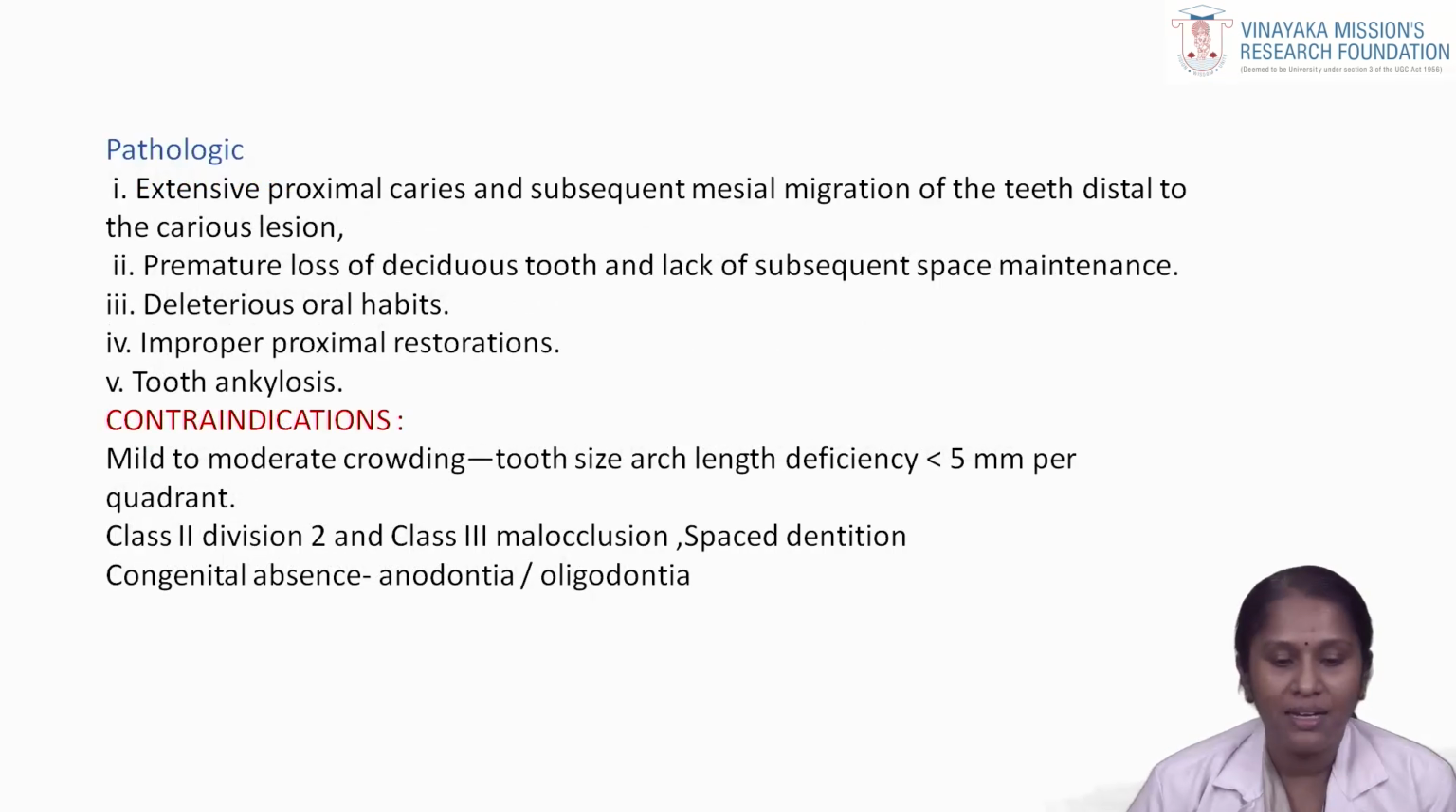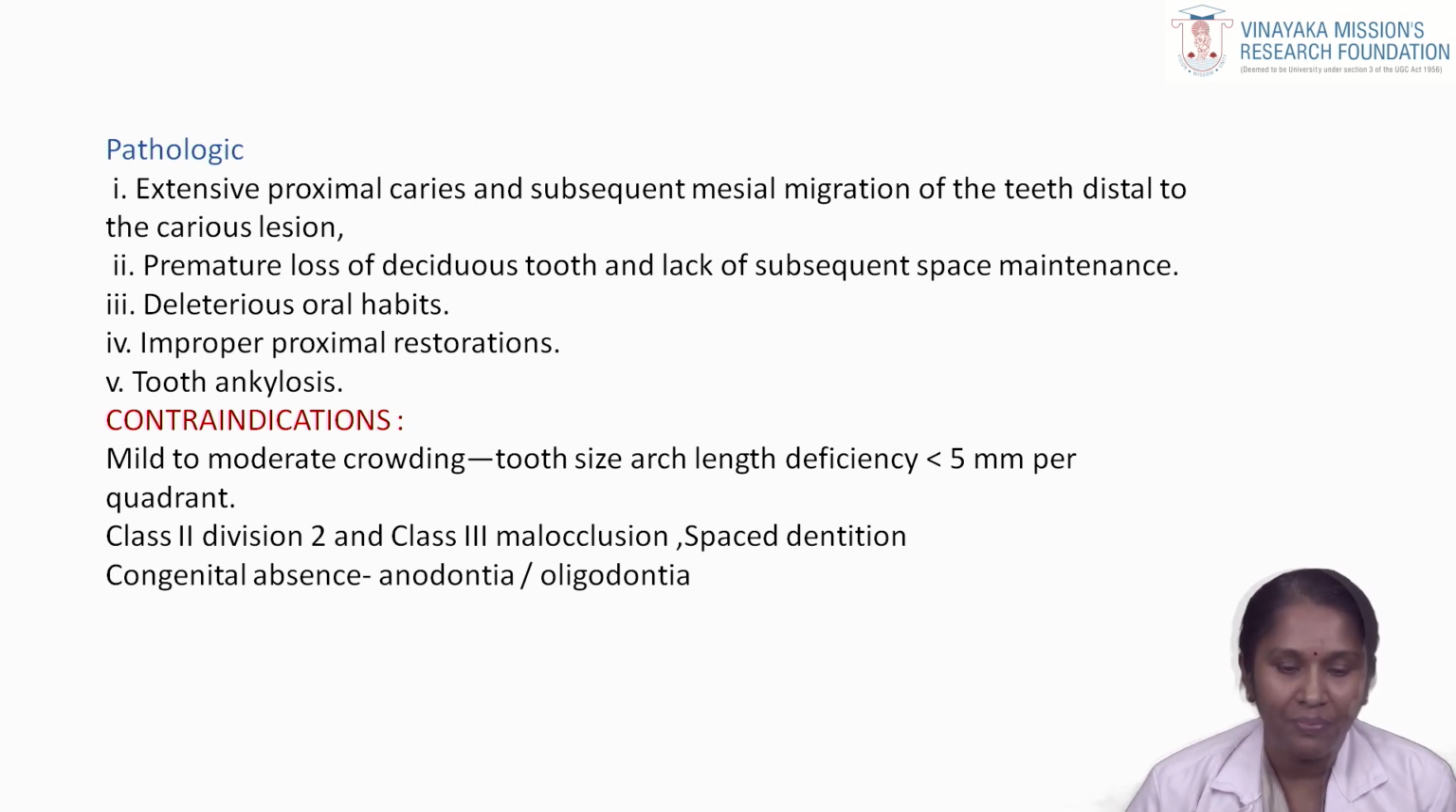Coming to the pathological side, if there is any extensive proximal caries and subsequent mesial migration of the teeth distal to the caries lesion, or any premature loss of deciduous teeth and lack of subsequent space maintenance, or any deleterious oral habits like thumb sucking, tongue thrusting, mouth breathing, lip biting, or any improper proximal restorations or any tooth ankylosis. In both non-pathological and pathological cases, it's advised to do serial extraction to achieve a favorable position